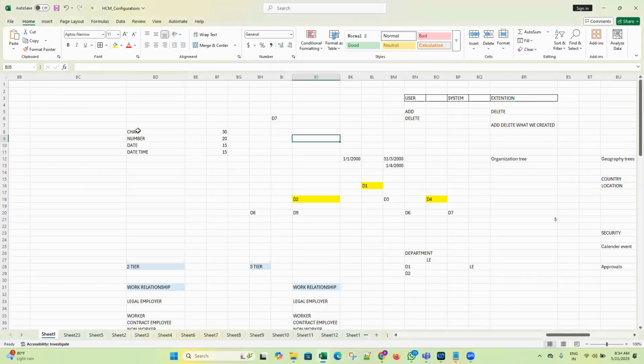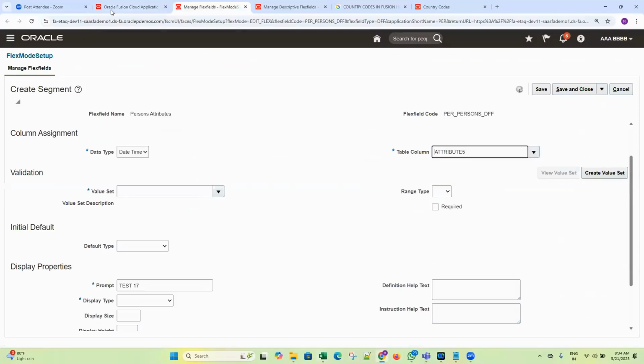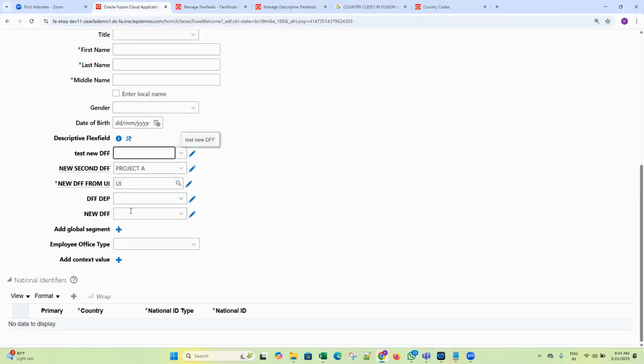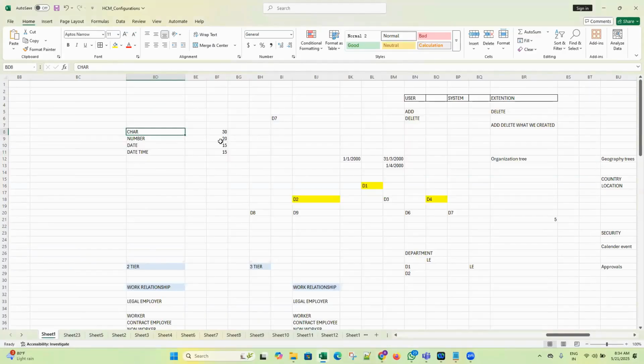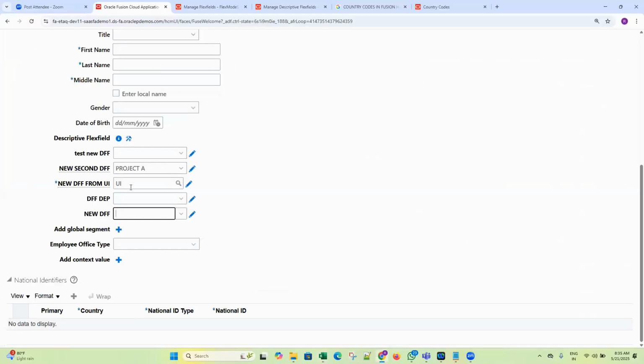See, capturing character type information, these all are character type information. We can create 30 character type, number type 20, date 15, date and time also 15. Nearly here and there 15 or so, date and time something like 5 or 10 will be there. Totally 65 to 70 flex fields, almost on each page 60 to 70